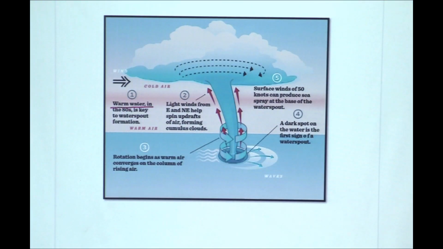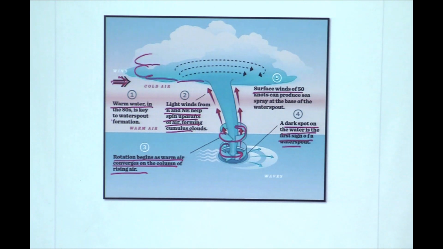If in warm water there is the development of strong wind and it's rising, light wind helps the spin updraft forming cumulus cloud. So the spin has started because it is warm air, and it has started developing the cumulus cloud. I can see the cumulus cloud here. The surface winds, we have taken step number 3 first. The rotation begins as the warm air converges on the column of rising air, and this results into a dark spot on the water as the first sight of waterspout, and then there will be the development of this cumulonimbus